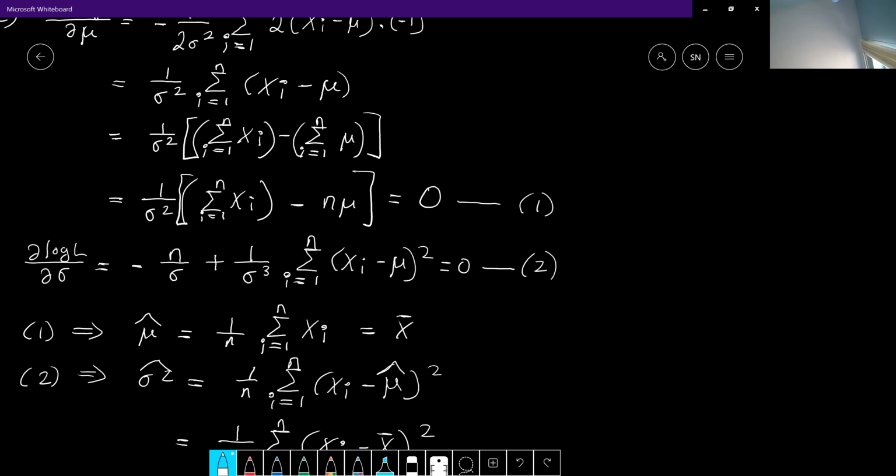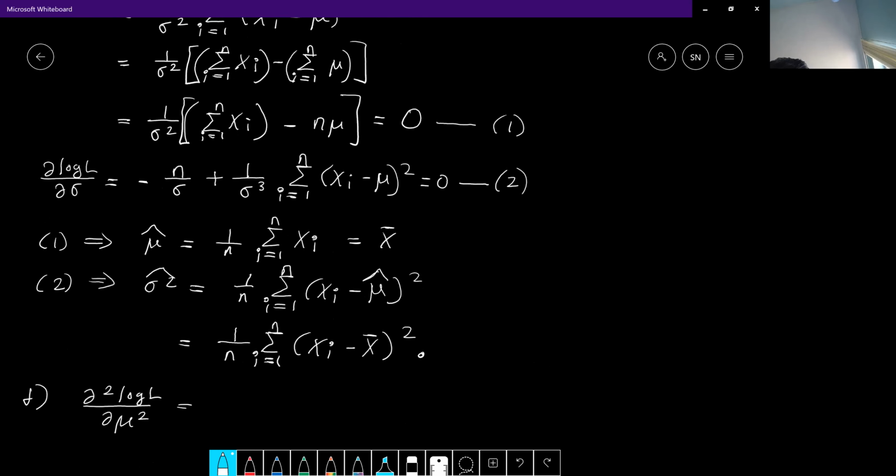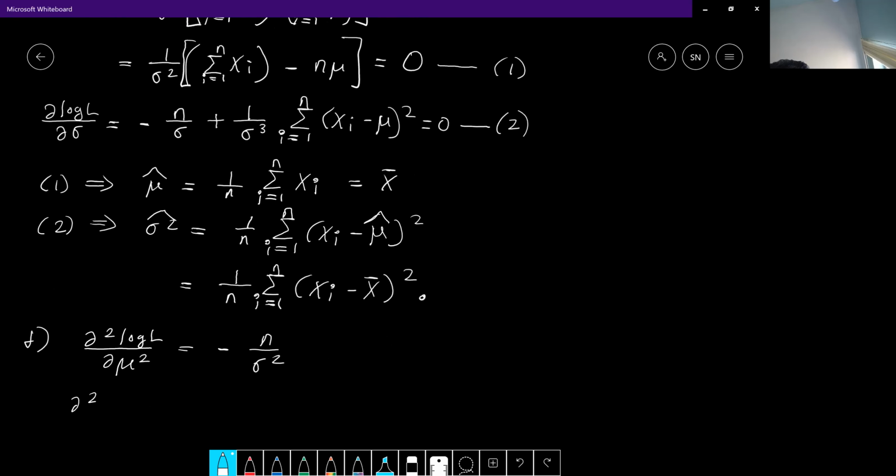You did one full semester of calculus. So the second order partial derivative with respect to mu is going to be n divided by sigma squared. Okay, you can see that, right? I hope so. And the second order partial derivative with respect to sigma,